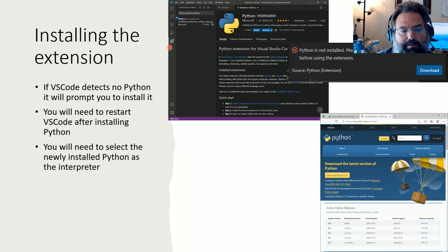And you need to select a Python interpreter. It will probably tell you if you don't have one and say, hey, do you want to go get one? And if you say yes, it'll take you to the python.org site where you'll download the latest version of Python, 3.9.6 in this case. So those are kind of the things to know about